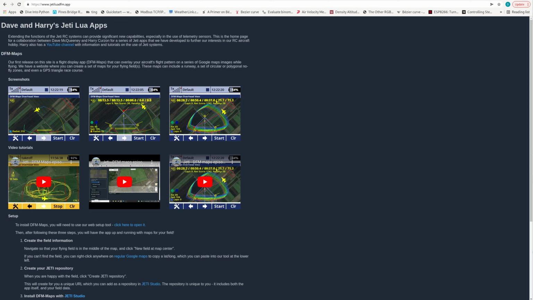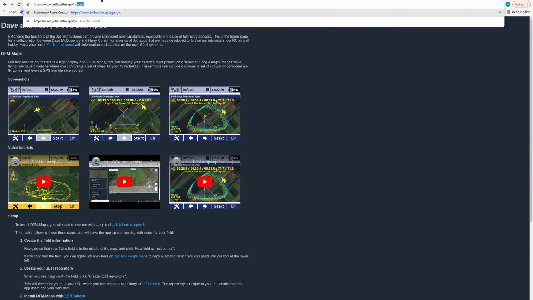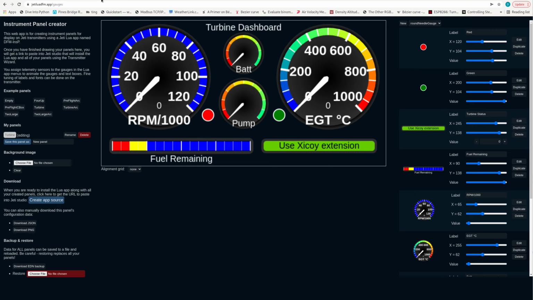All right, let's do a quick review of what we're going to need to do to get on our website to build an instrument panel with gauges. So some of you may have already seen our Maps app, which is at www.jettiluadfm.app. And if we go into the gauges page of the app, it should come up with a panel that